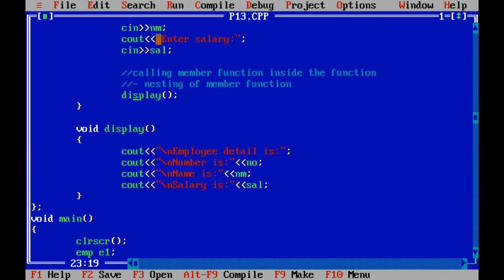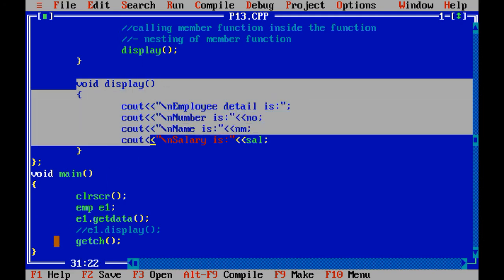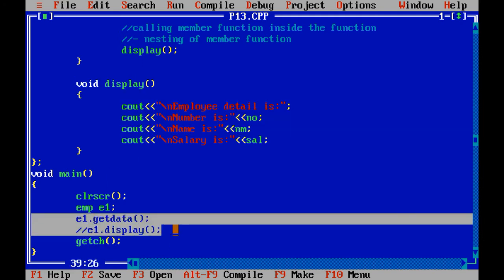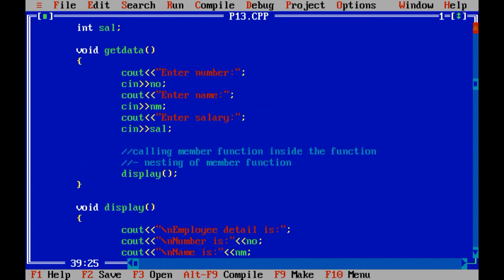Now see, when you call the display function outside the class, at that time you must create the object of that particular class, otherwise you are not able to access or call the display function. But display is a part of the employee class only.